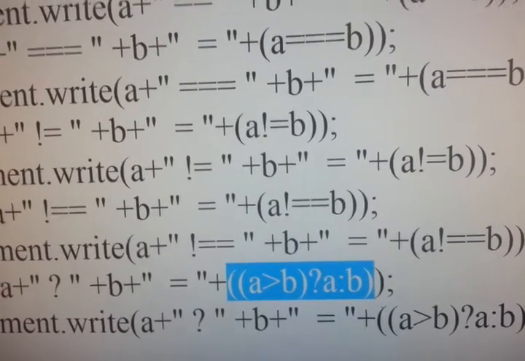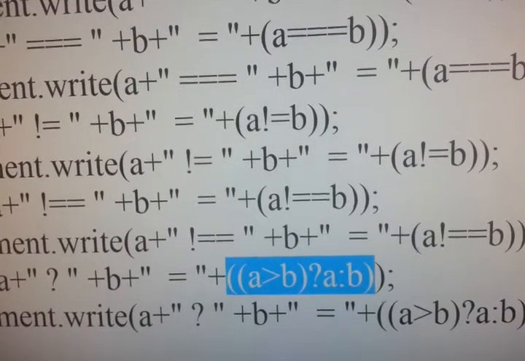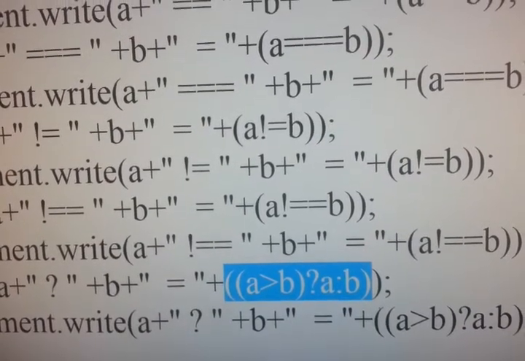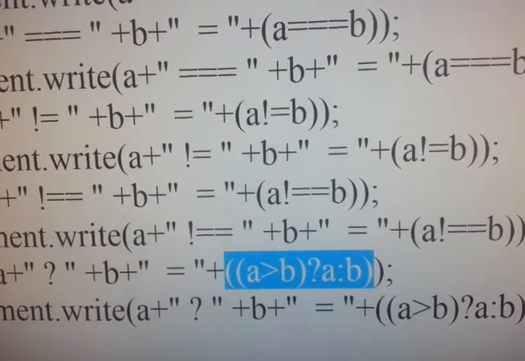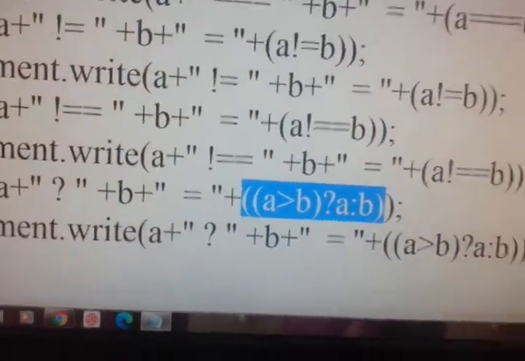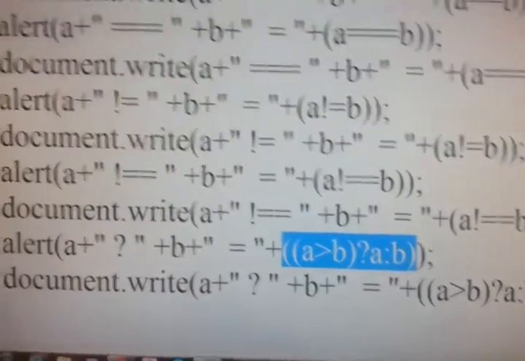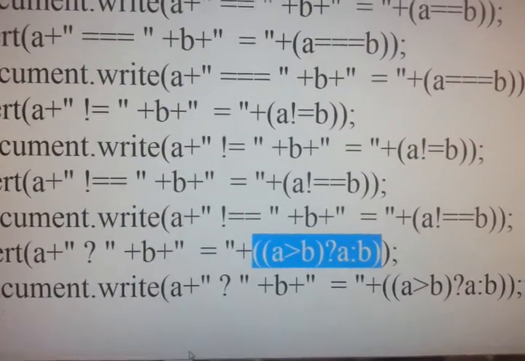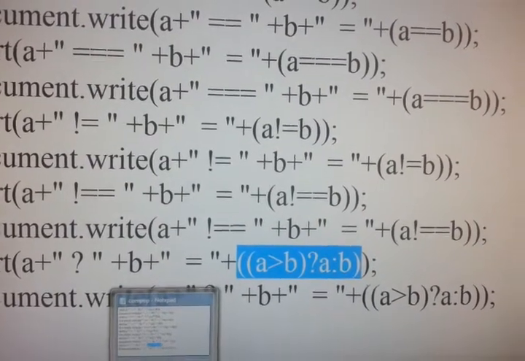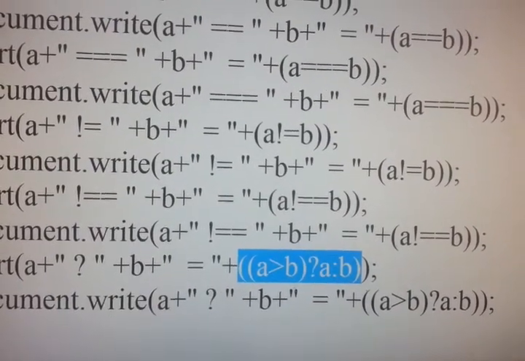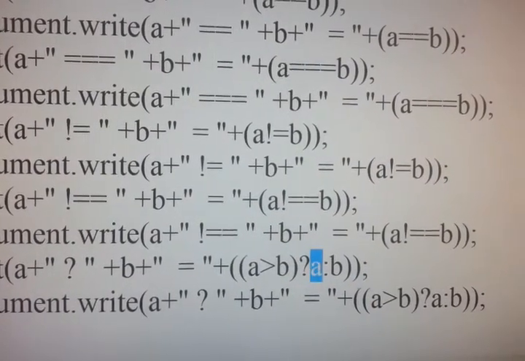If it is false, it will print b value. So ternary operator, always we use question mark followed by colon. So here a greater than b, in the example a greater than b means we have taken a value as 4, b value as 2. So 4 is greater than 2, true. So true means if it is true, a is selected